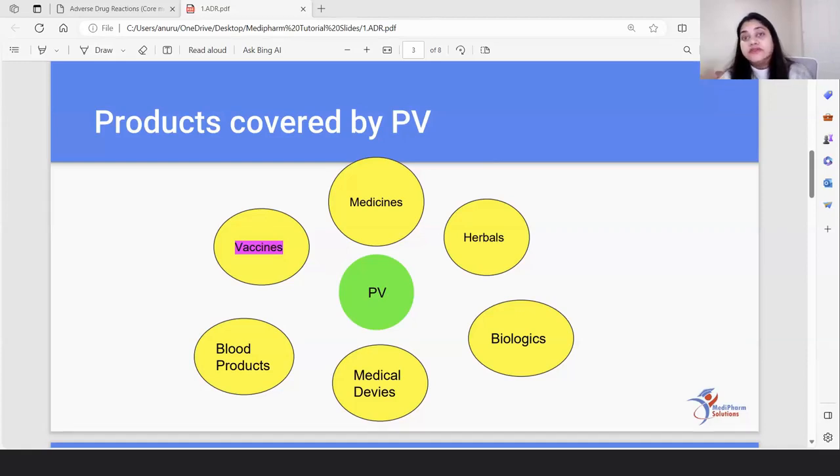Medical devices which PV covers include diagnostic devices such as imaging machines, blood glucose monitors, pregnancy tests; therapeutic devices such as the pacemaker, insulin pump, prosthetic limbs, life support devices, ventilators, dialysis machine, heart-lung machine, surgical instruments; and implants, joint replacements, dental implants. So pharmacovigilance covers all of it, and medical devices must meet certain safety and effectiveness standards before they can be